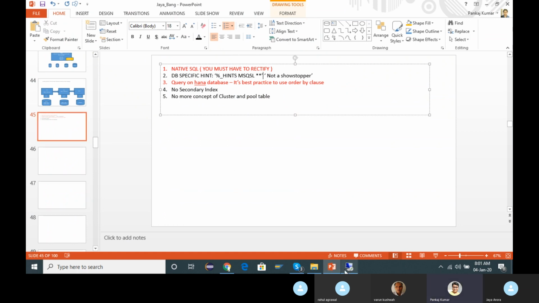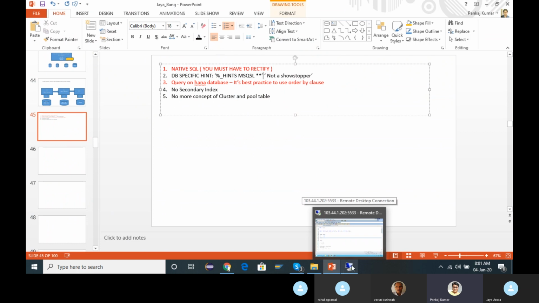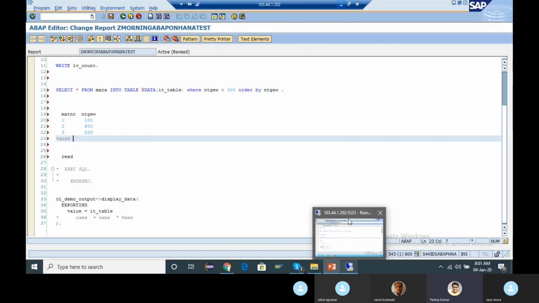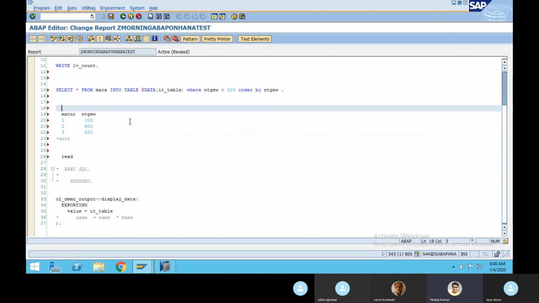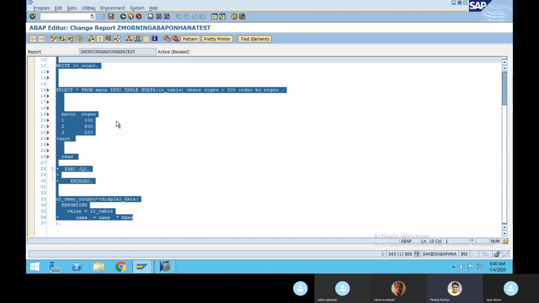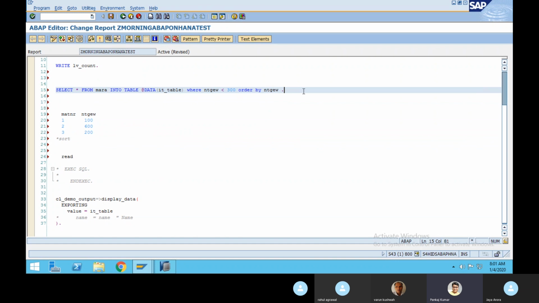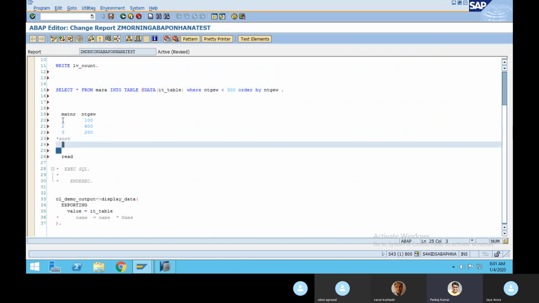Now we will discuss one thing, and we'll stop today's session. What tool are you going to use when you convert your code into HANA database compatible code? How are you going to check the code? Suppose you have this program, only one or two lines over here.